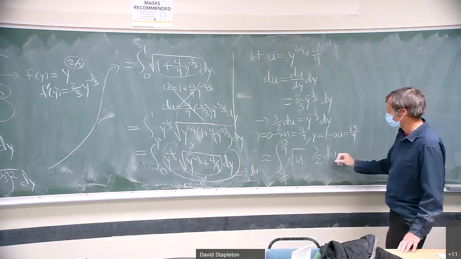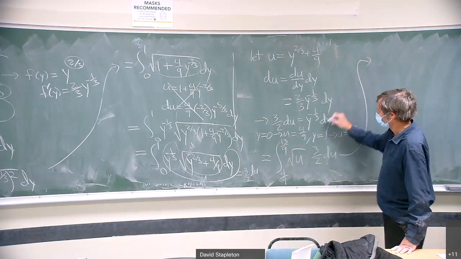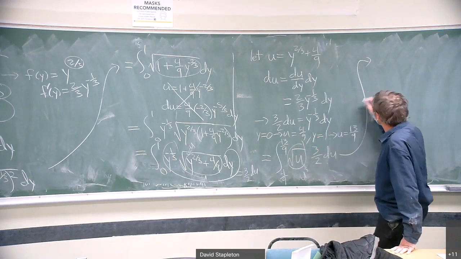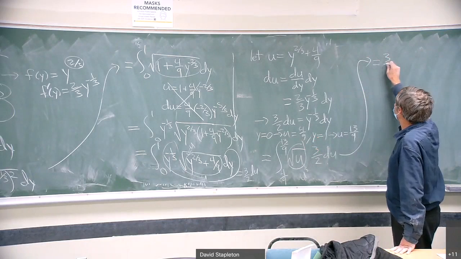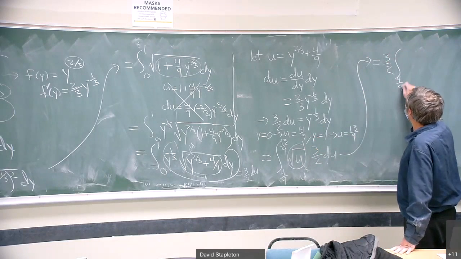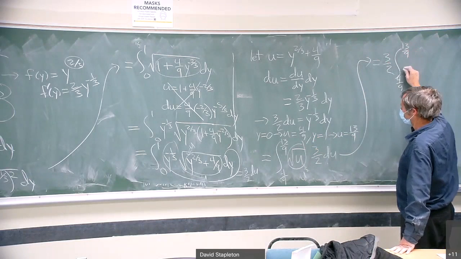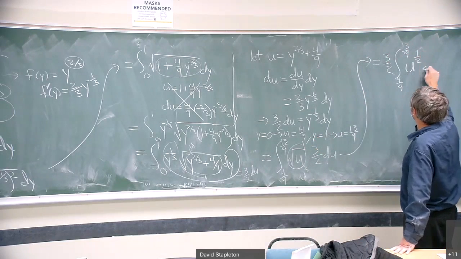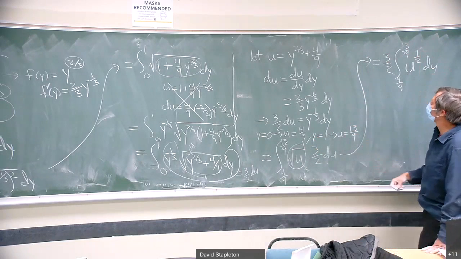So let's see what we got here. Again, thinking of this as u to the 1/2. Let's rewrite this one time. This is 3/2, pull the 3/2 out. Integral from 4/9 to 13/9 of u to the 1/2 du. That's what I get pulling the